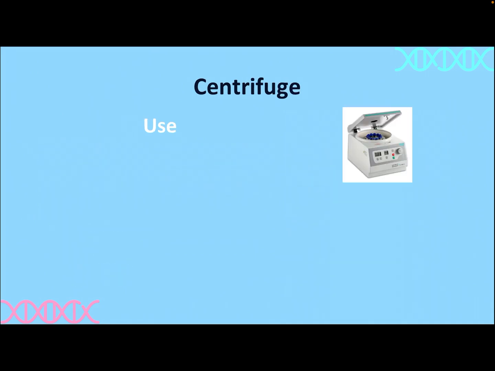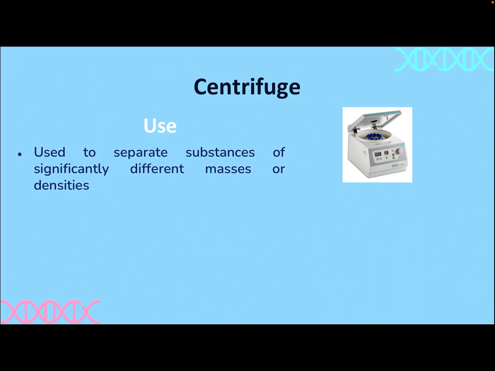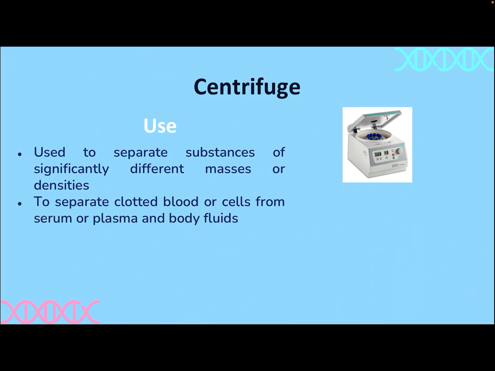Next is a centrifuge. A centrifuge is used in clinical laboratory to separate substances of significantly different masses or densities. The two substances to be separated can be a solid and or a liquid, or two liquids of different densities. In a clinical chemistry laboratory, centrifuge is used primarily to separate clotted blood or cells from serum or plasma in body fluids. If we recall the difference between serum and plasma,